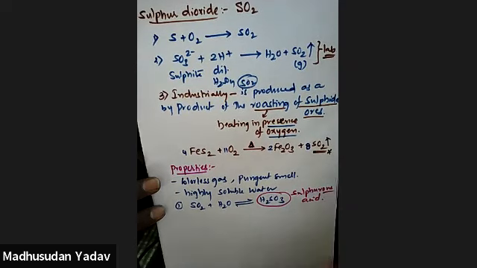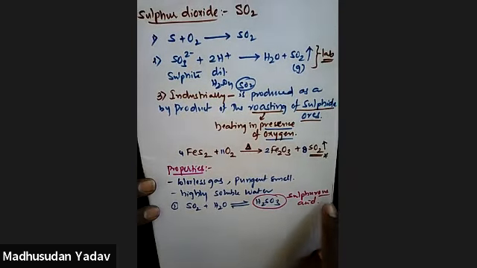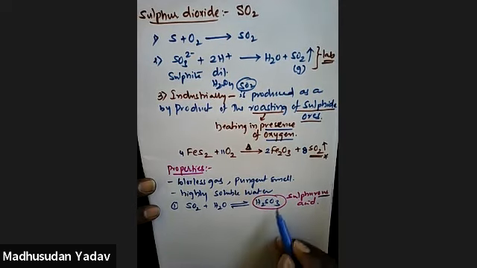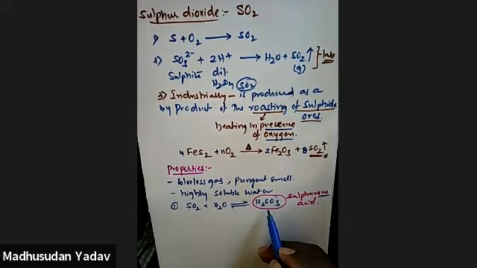Sulfurous acid. Two types of acids are there, I said: -ous acids and -ic acids. -ous acids means a lesser number of oxygens are present. -ic acids, more number of oxygens. In -ous acids, sulfur, which group element is it? Sixth group. So it will not have maximum oxidation state. But in -ic acid, sulfur will have its maximum oxidation state. So in -ic acids, the central atom follows the maximum group oxidation state. But in -ous acids, it will not follow.